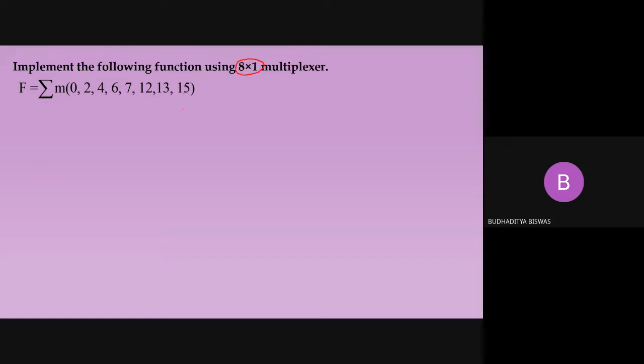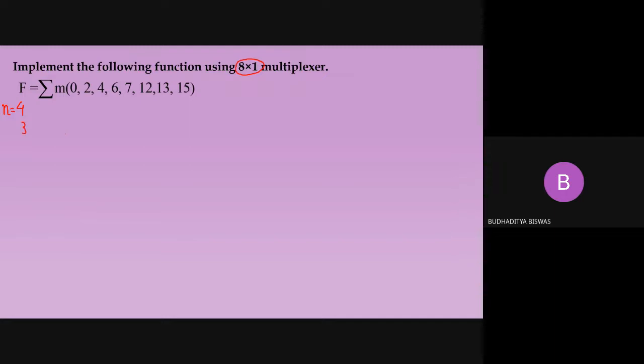Somebody please tell me. Sir, we will check the highest minterm, which is 15. Very good. So four variables are required to represent 15. Next, what will happen then? 2 to the power n, meaning 8 inputs for n equal to 4, minus 1. Very good. So four variables, n equal to 4 here, so the number of selection lines should be n minus 1, or 3.